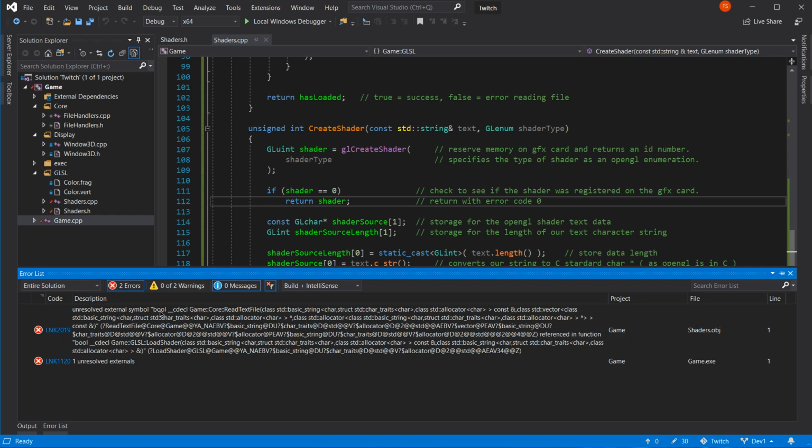External symbol bool GameCore ReadTextFile. Oh, that's right. Because it's not really part of the game yet, is it? What it's just trying to tell me there is that we're not using it. Or we've got the class wrong. One of the two. Which is fine.